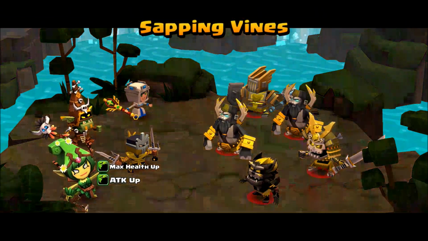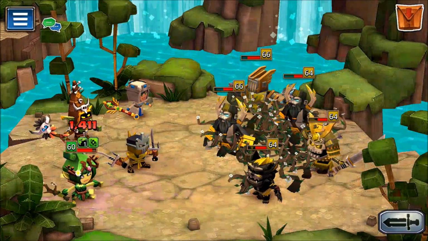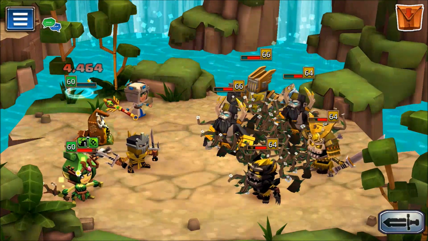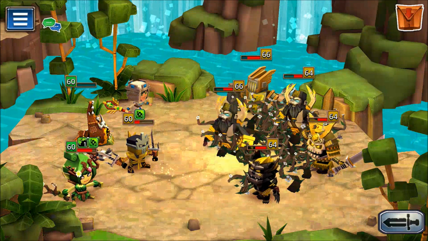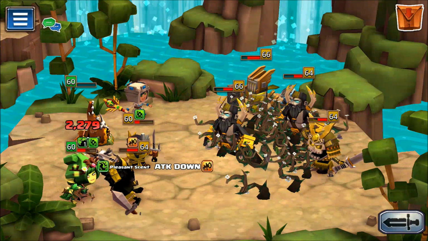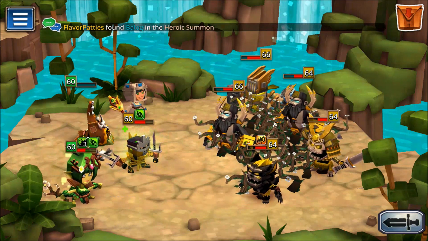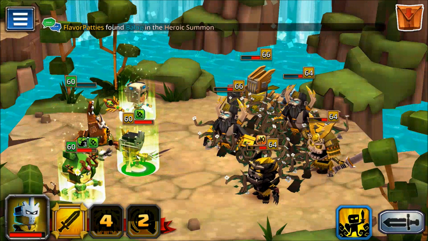So we're going to see if we can just survive. If we have to pop our first revive potion, we'll pop a revive potion. There's not much we can do. So I expected that. I wish it would have been maybe a triple slam on Nub Nub, just so that skill would have been done with. But all right, so now we're